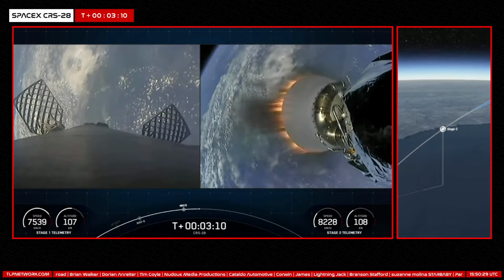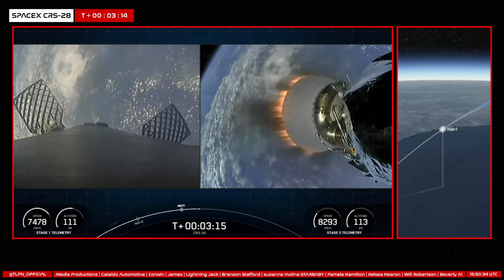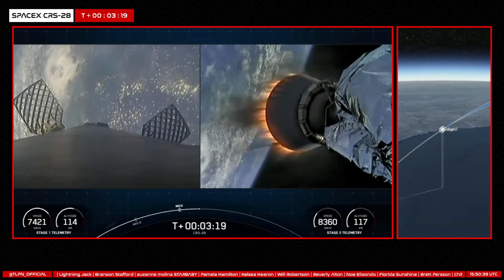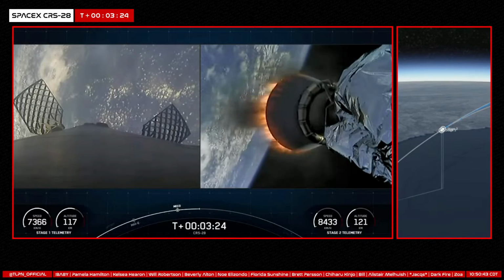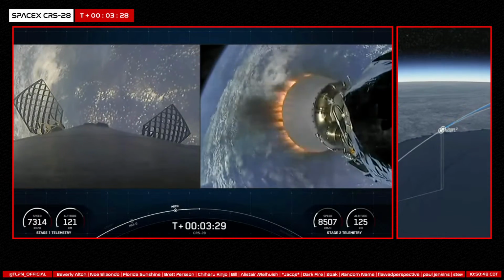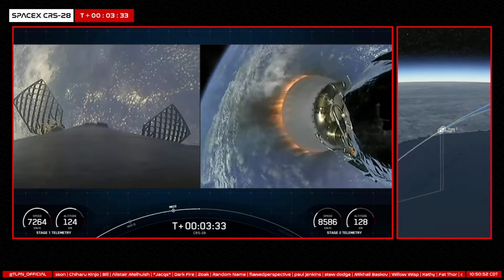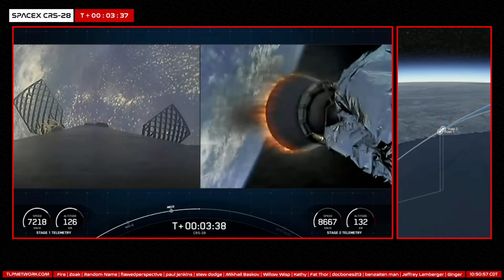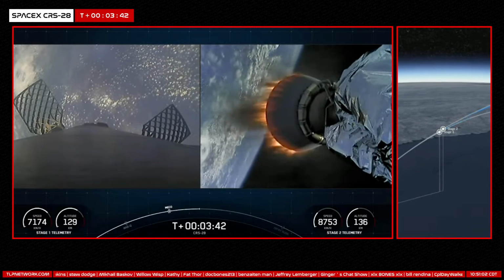If you're just tuning in, you're watching a live webcast for the 28th commercial resupply mission to the International Space Station for NASA. This is SpaceX's 38th mission for 2023 and the 4th Dragon flight to the International Space Station this year. We lifted off from Kennedy Space Center's historic Launch Complex 39A just about 3.5 minutes ago. Now on your screen, on the left side, you can see our Falcon 9 first stage, which is going to descend back towards Earth, and the second stage on the right side of your screen, which is carrying the Dragon